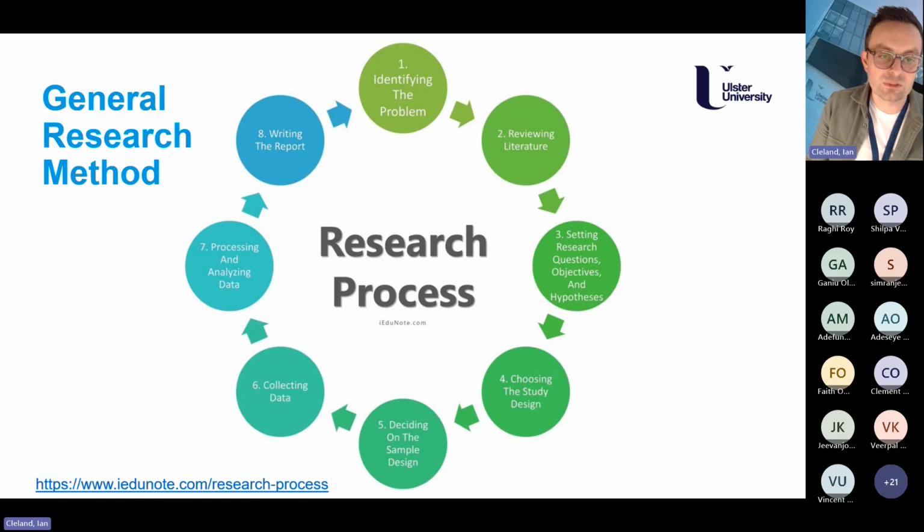Once we have those aims and objectives, or that overarching aim that we want to set, or the research question that we want to try to address, we can then begin to design the study. So deciding what methods we might use, what sort of study design we might decide on. And then the last ones are maybe less specific for us, but they do follow the same kind of logic.